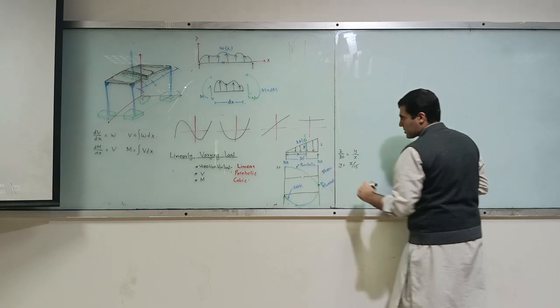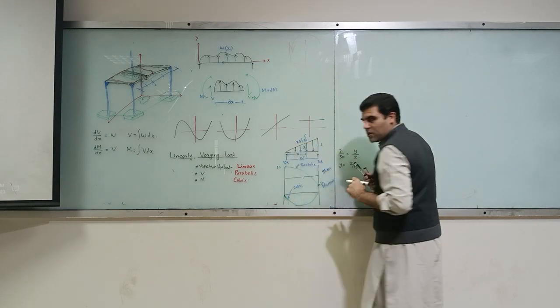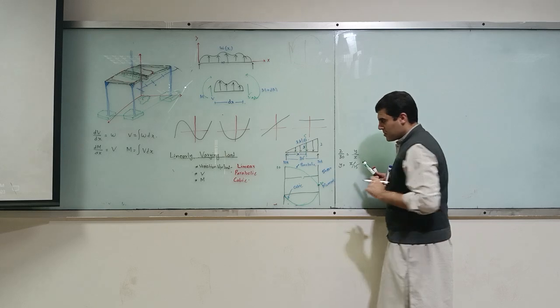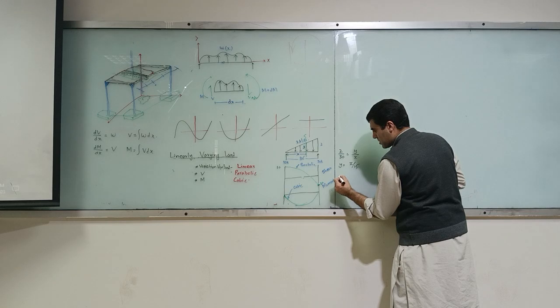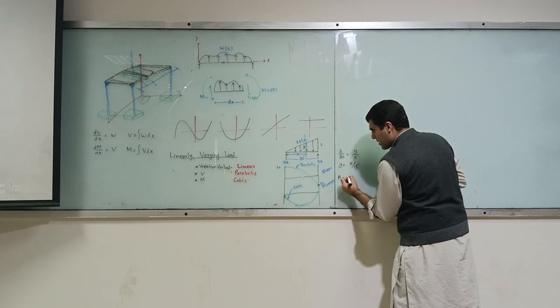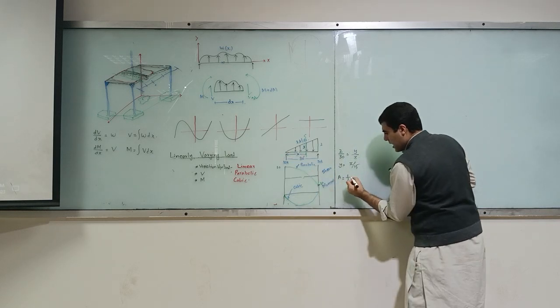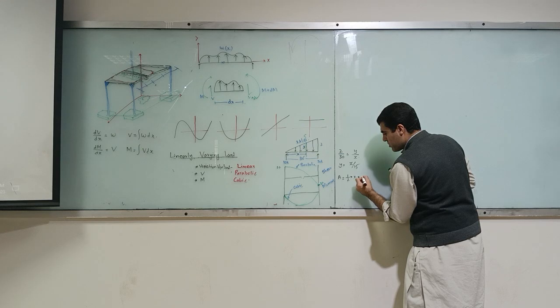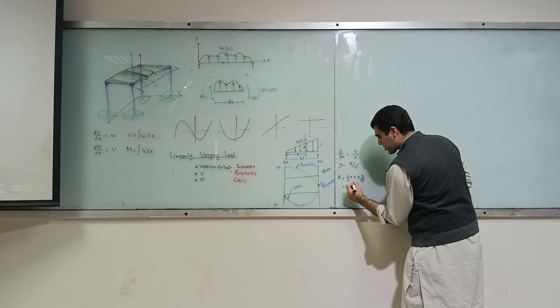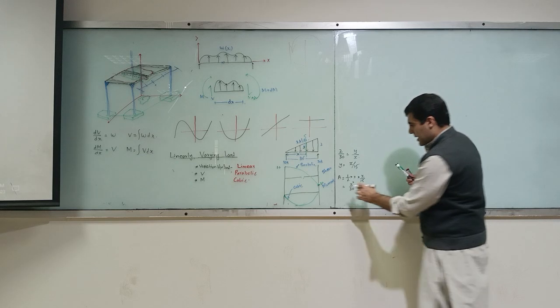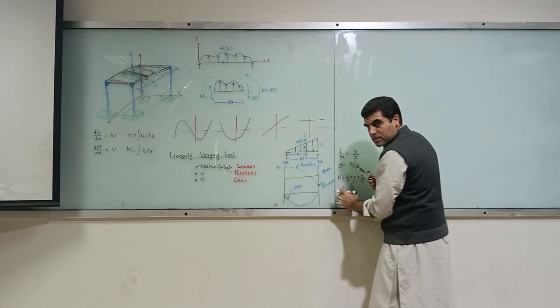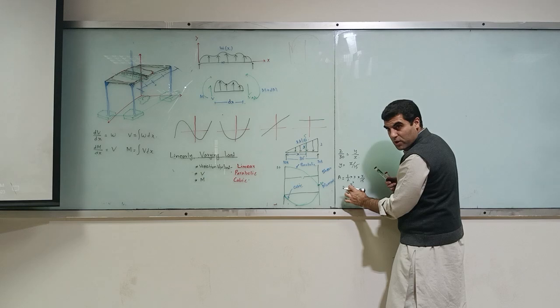Now we can find out the area. What is the area? Half x into x over 15, which is equal to x square over 30. Now this area must be equal to